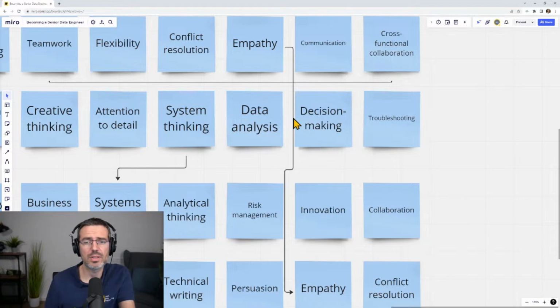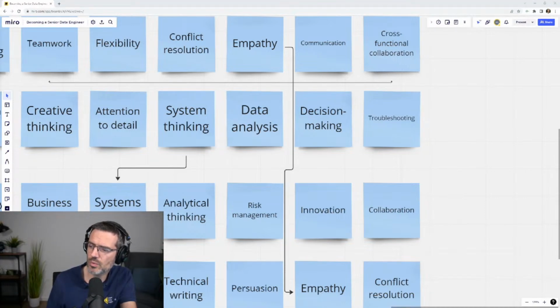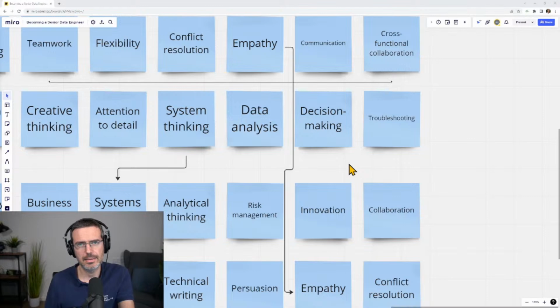And then, of course, decision making. Senior engineers should be able to make decisions quickly and confidently based on data and analysis. I know it's a big problem in a lot of companies where people are unable to make decisions. Sometimes they're afraid of making the decision and then being blamed for it.